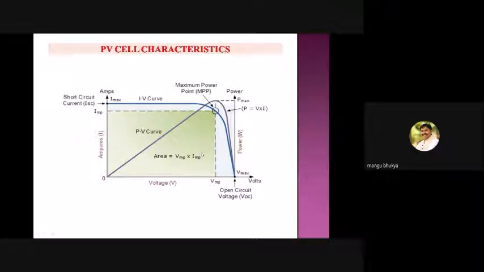But our ultimate goal is to bring that operating point to this peak point. That is electrical tracking. Whether it is electrical tracking or mechanical tracking, the objective is to get the maximum power from the panel. Both objectives are the same, but in mechanical tracking, we always have to keep the surface of the panel perpendicular to the sun radiation, so that the panel absorbs the maximum radiation and gives the maximum power.